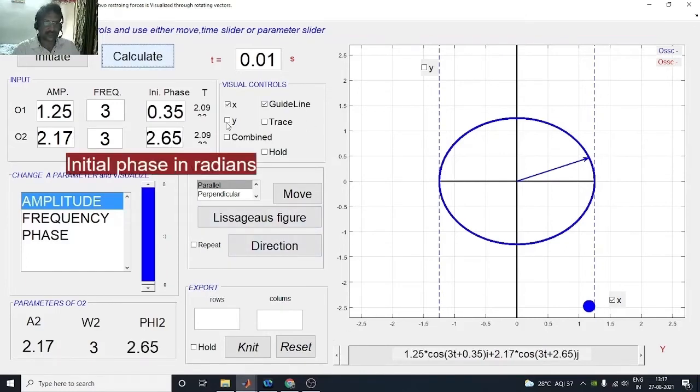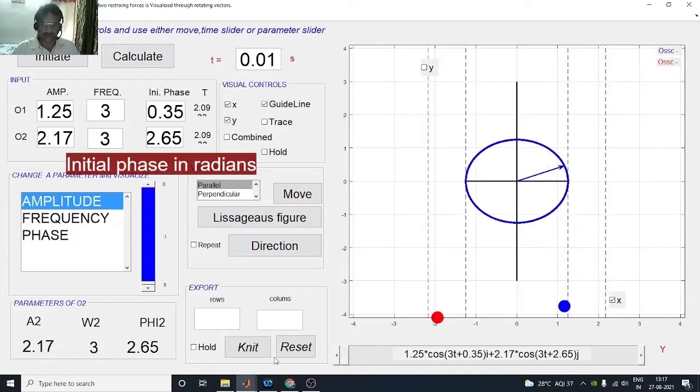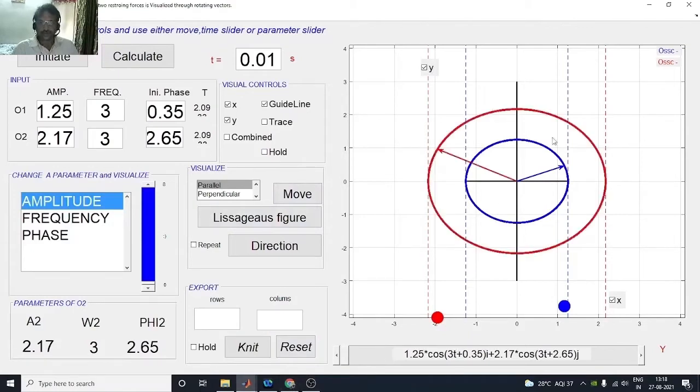Let's see this. This is the oscillator which will go between these two red lines. Because the amplitude is more, its extent is shown more. So this red arrow is the representation of this oscillator. Now let us see what happens as a function of time. First, let us look at the individual harmonic motions, then we will go for how their addition looks like.